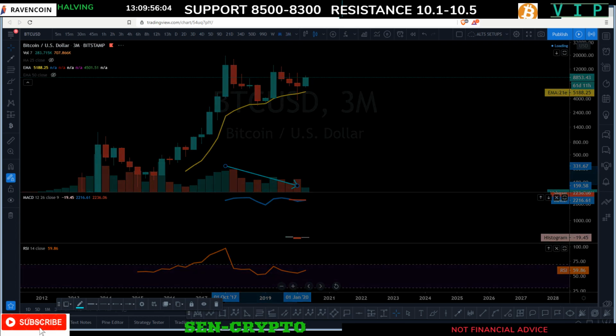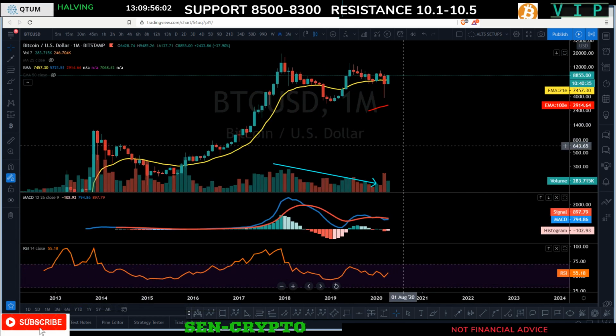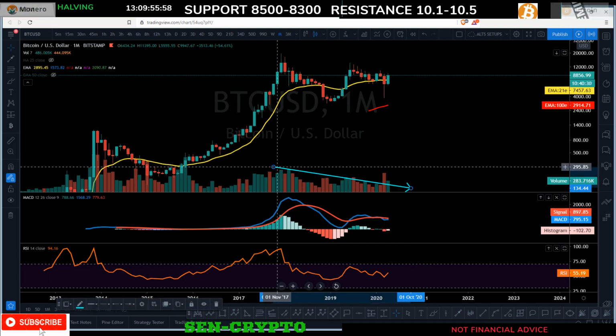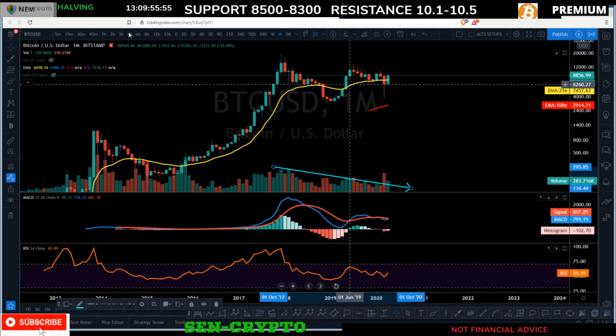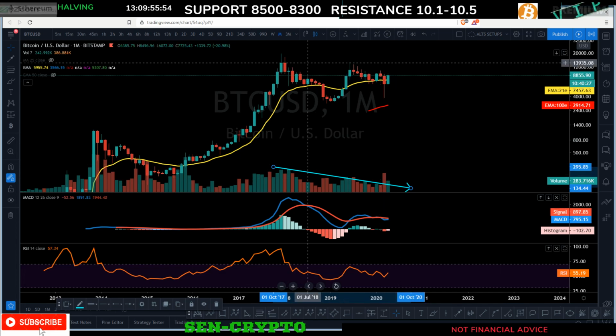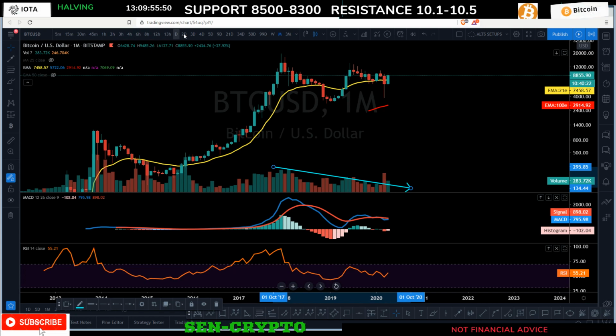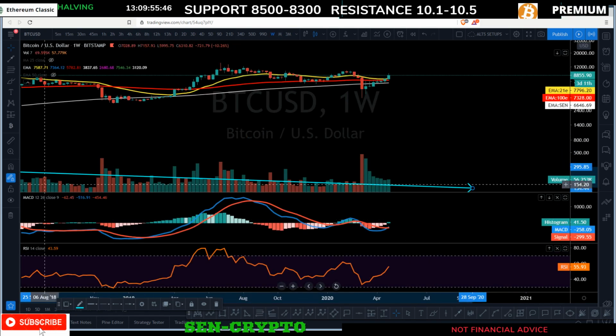You can also see it on a monthly basis. It looks better on a monthly basis. This trend line, right? We talked about it many times, and we said we're going to break it. It is the same exact setup in terms of the lower degree. We're going to need to break the weekly trend line. If you take a look at it on a weekly basis,